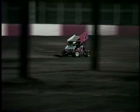There it goes. I called that one wrong. Stevens, he just, they're bumping and banging. Doug Silva got bumped from 3rd all the way back to 6th. And Worth makes his move. Tim Worth, watch him go now. Stevens